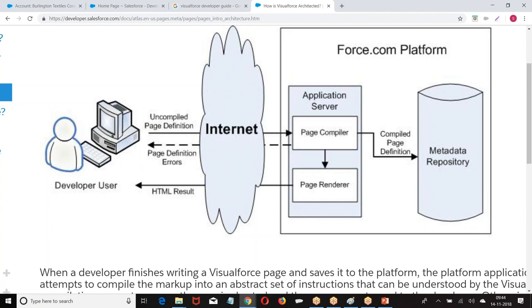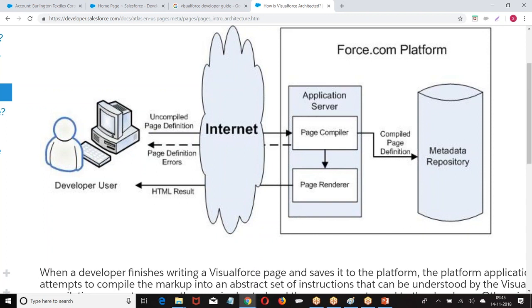Once it is saved to metadata repository, then whatever is saved will be rendered. Rendered means displayed, in the form of HTML. Anything that you display on the browser has to be finally converted into HTML.